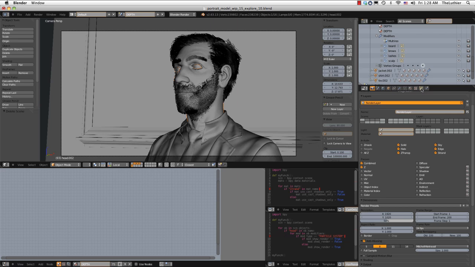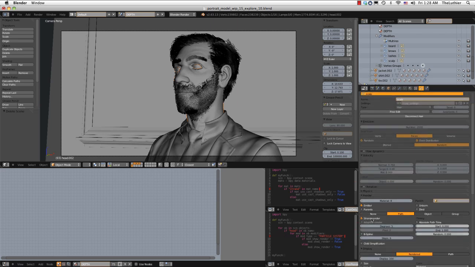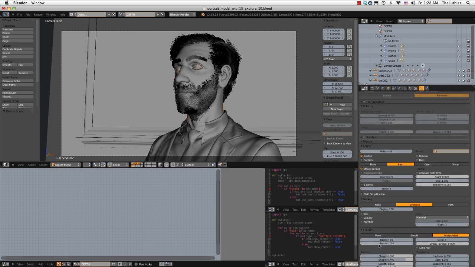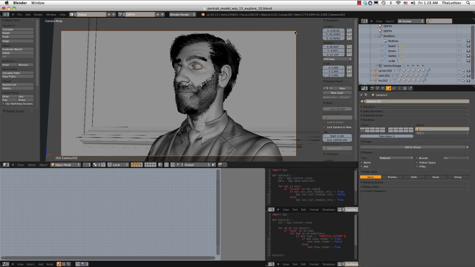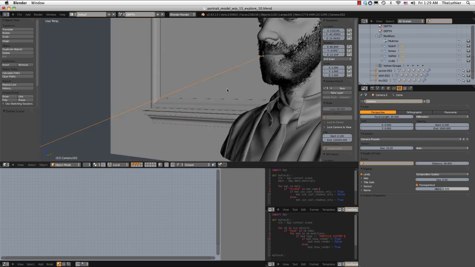If I go to the Particles tab, I want to make sure that Strand Render is turned on for the scalp, and the children are set to 100. The renderable children are set to 100. And lastly, I want to set up my camera. So if I select the camera, go to its data, I want to check on limits. So if I turn on my limits,